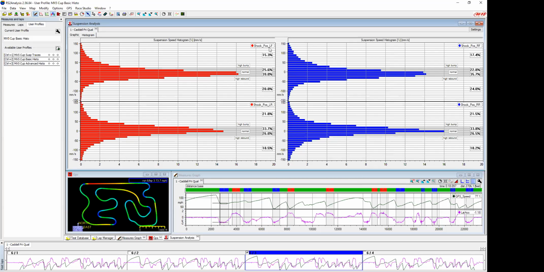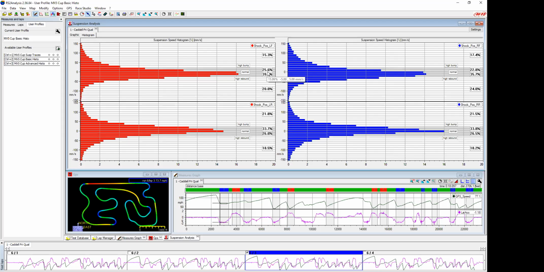Now we're getting into the root of it: the shape of these histograms and the values the software is giving you for the four quadrants of a shock. It's got low speed compression or bump, and low speed rebound or droop, and then it's got high speed of the same, compression and rebound. What the program is doing for you here is telling you, for the amount of data we're looking at, in this case one full lap, the best lap that he did on that particular run,